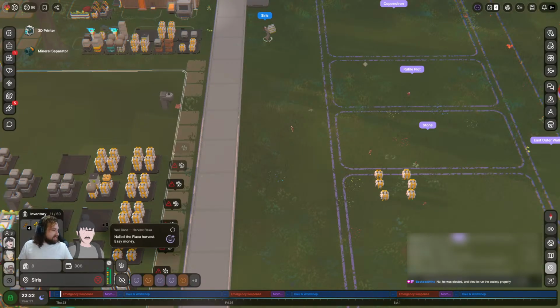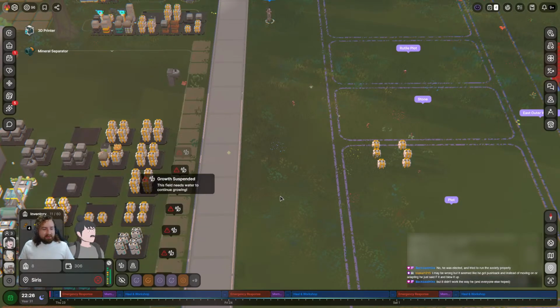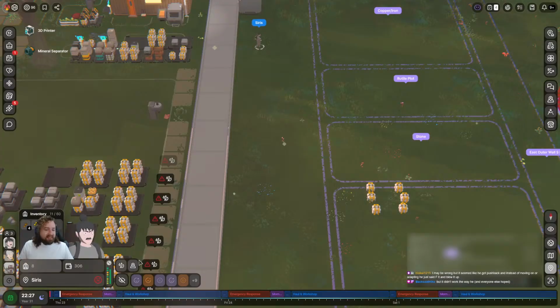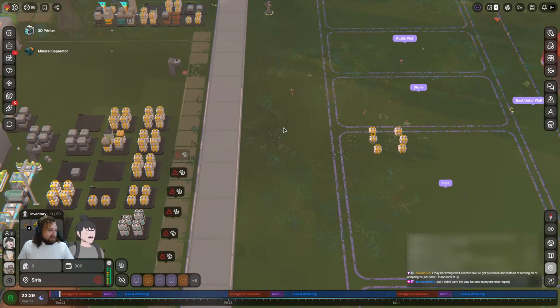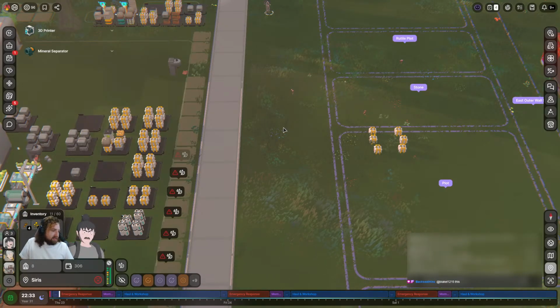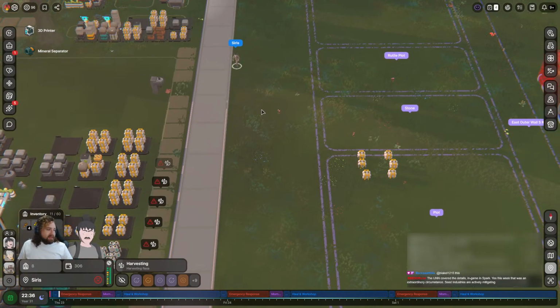Also, hi Julia, I see you lurking in the back. Lang, I know you're here. Do you know any more about what happened? You definitely don't have to say anything if you want to keep it on the down low. But it seems like he got pushed back, and instead of moving on or adapting, he just said F it and blew up, but it didn't work the way he and everyone else hoped. Yeah, it did kind of seem like that too. Yeah, it absolutely was that.